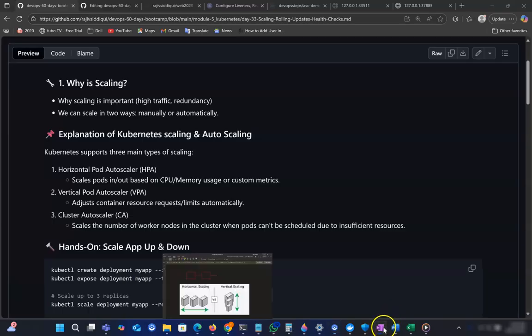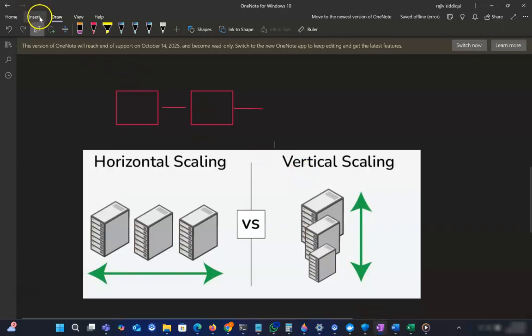So when using any pod, like this is a pod, when a user is requesting too much from any server, then that resource will be fulfilled. When this resource is using 100%, this server will not be capable of serving any data to the user. So then basically it will deploy the same server